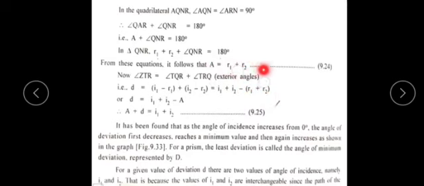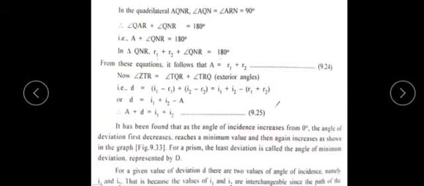We know the value of R1 plus R2, so instead of R1 plus R2 we replace it with A. Hence, the equation becomes D equals I1 plus I2 minus A. Sending minus A to the LHS, it becomes plus A. Then A plus D is equal to I1 plus I2. This is the next equation,